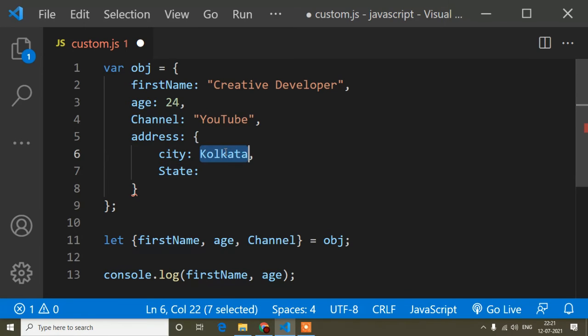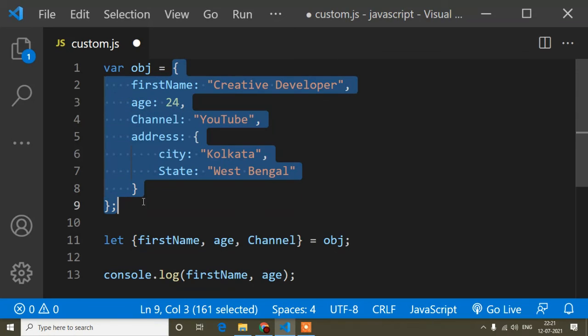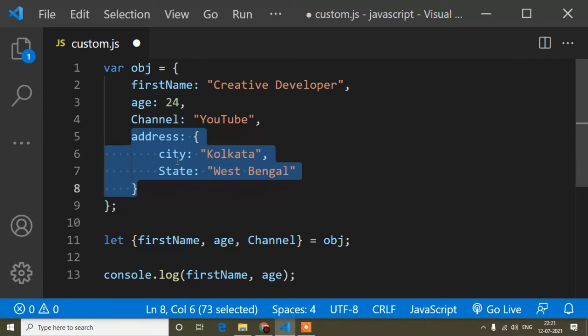Kolkata is a string value, so I have to write it inside inverted commas. And state is also a string, so I will write West Bengal. Like this, it's clear. This is a nested object. First of all, this is an object, and inside this object there is another object, so that is called a nested object. So how can I do destructuring for a nested object?